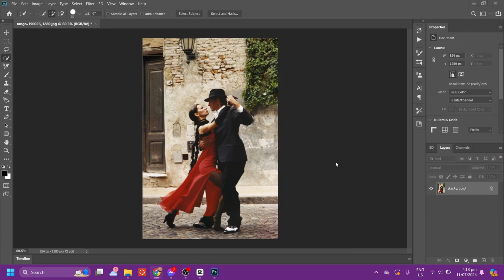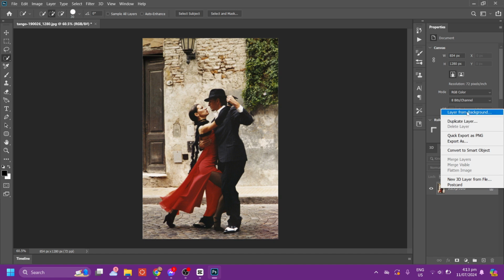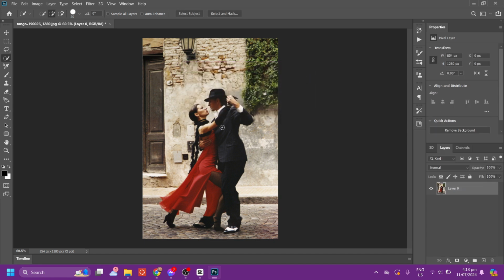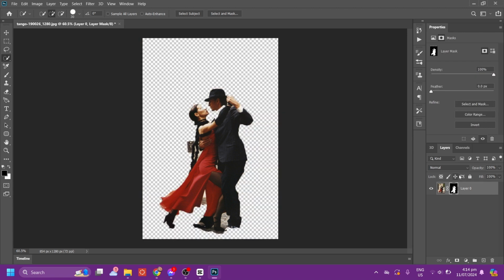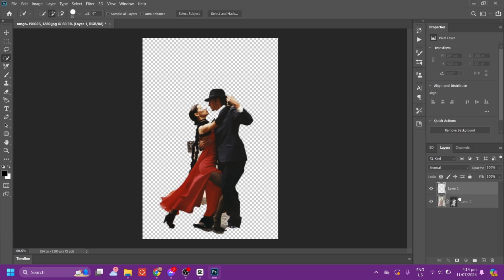Now what you're going to do with your photo, just make a layer from it. Now after that, select the quick selection tool and select the area you want to create a silhouette. Now after that, create a mask from that layer and then create a new layer and place it under the